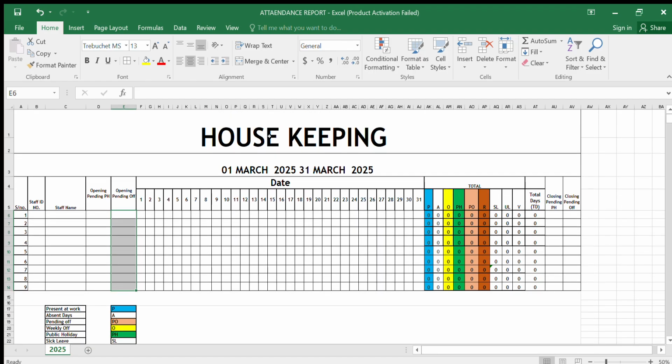First, you need to put the department, and the date, month and year here. Here I put March 1st, 2025 to 31st March 2025. Here is the date, total,